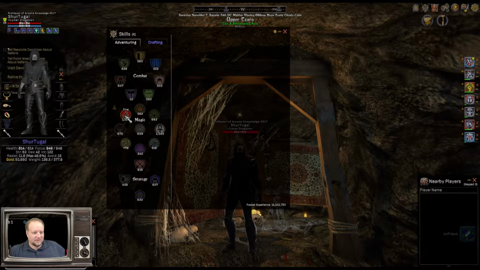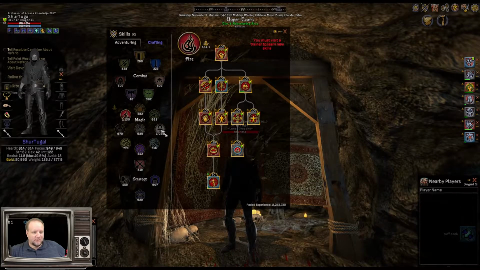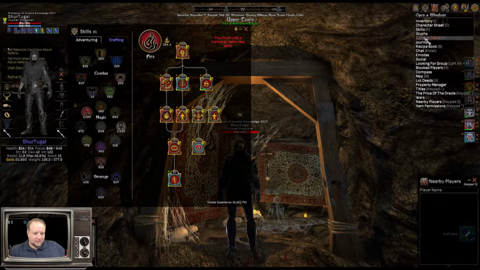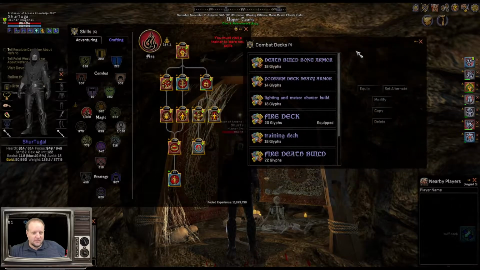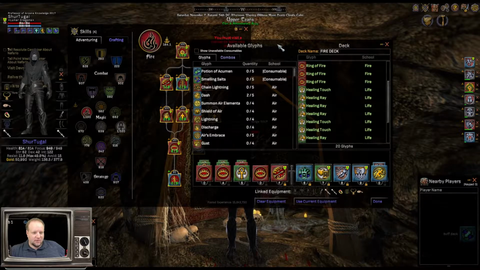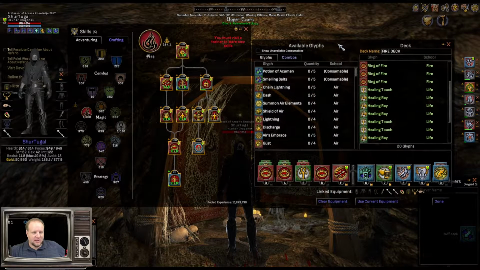So looking at my skills here, I've dumped a lot of experience into the skills, so that's why I love this tree here. But as far as my actual build, let's open that up here. That's what we're here to talk about. So what got me to thinking about running the build this way was that the fire tree is a damage